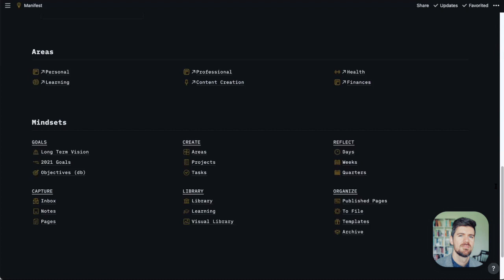That's kind of an issue that I personally had where I had databases hidden in different pages and kind of forgot where the original database was. So this is really a way to make sure that any valuable database that you have is in the same place, at the bottom of your home page, and it's quickly accessible.